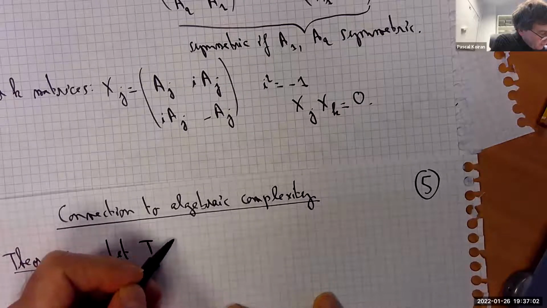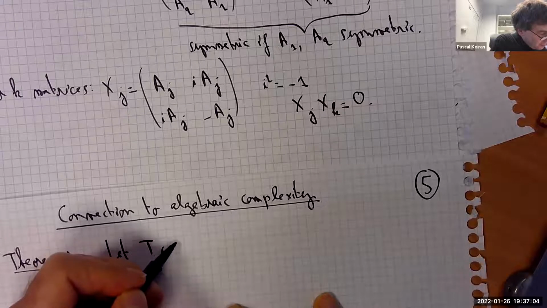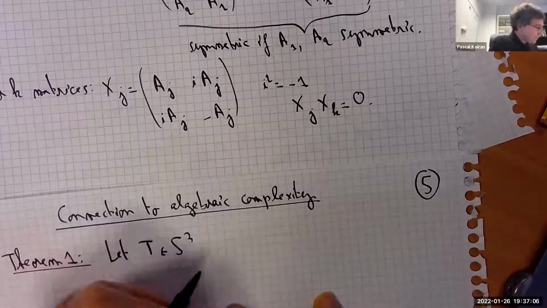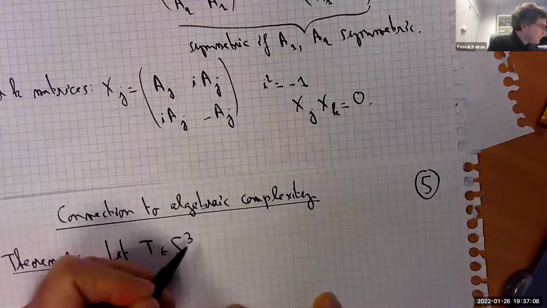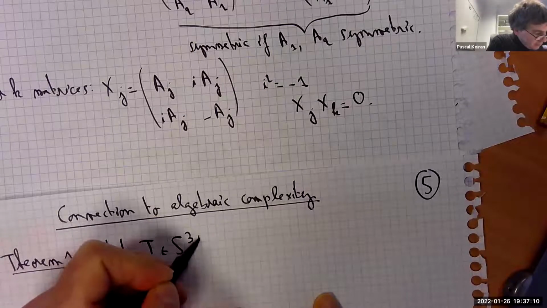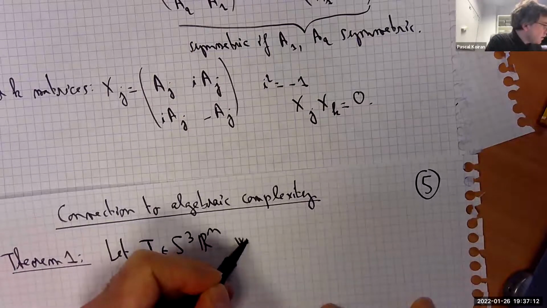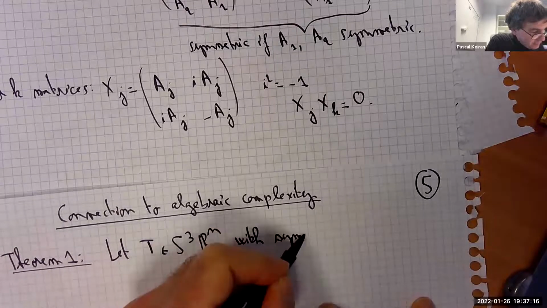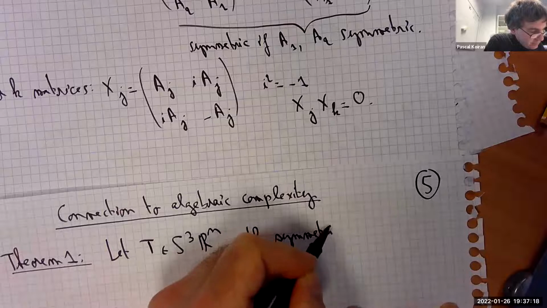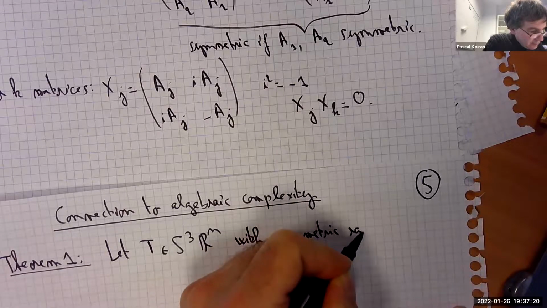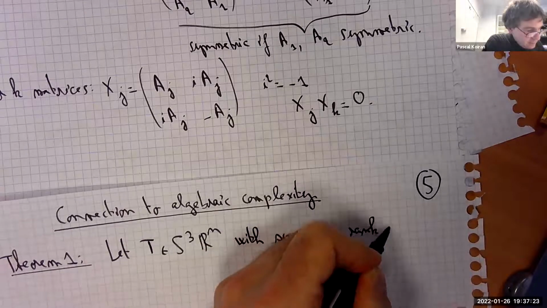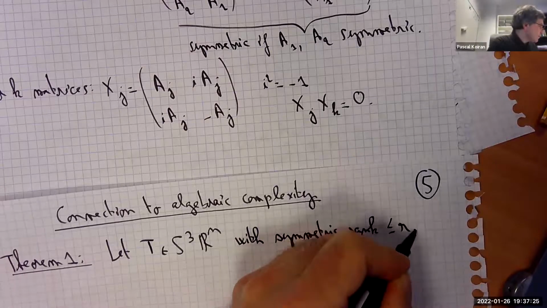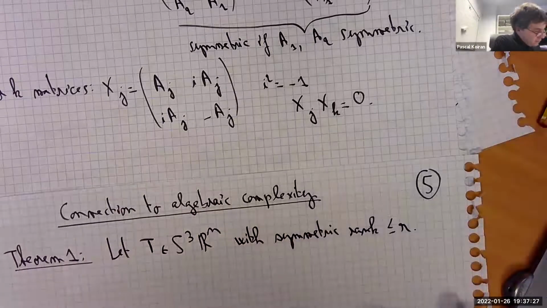The notation in multilinear algebra is something like S3Rn. And assume that the symmetric tensor rank is less than R. Then